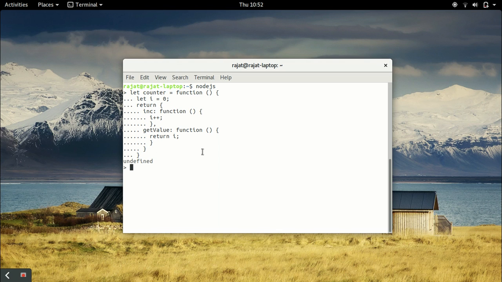Okay, so let's suppose now we have created a new counter instance. Now if you call counter, it is an object literal which contains two functions, and both of these functions have closure over this variable I. So if we call counter.getValue, we are going to get 0 because the value is 0